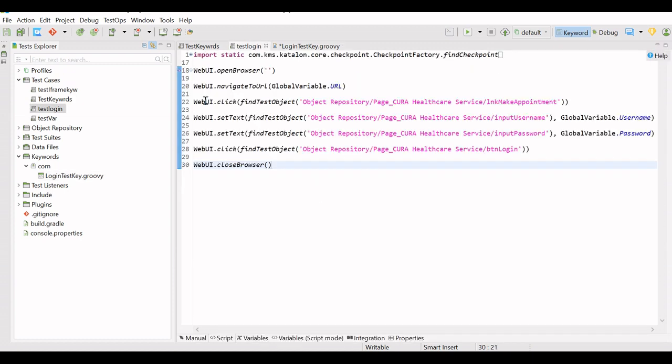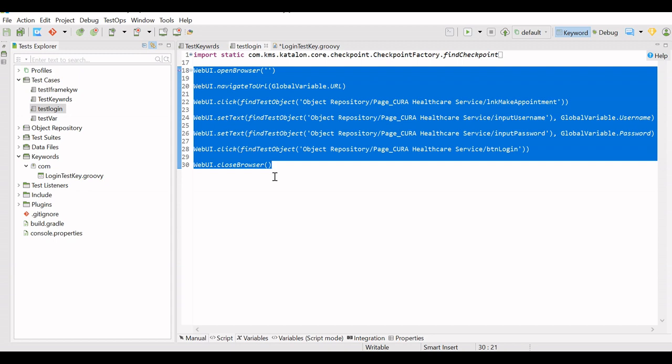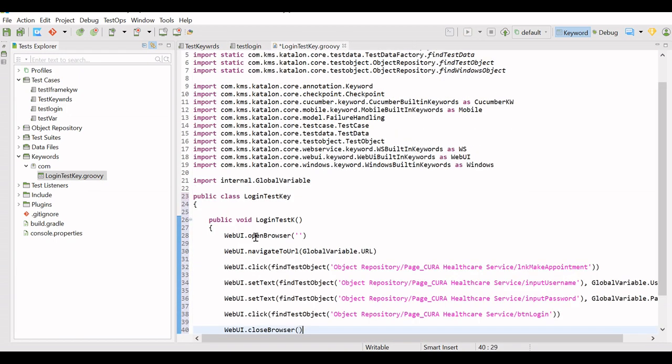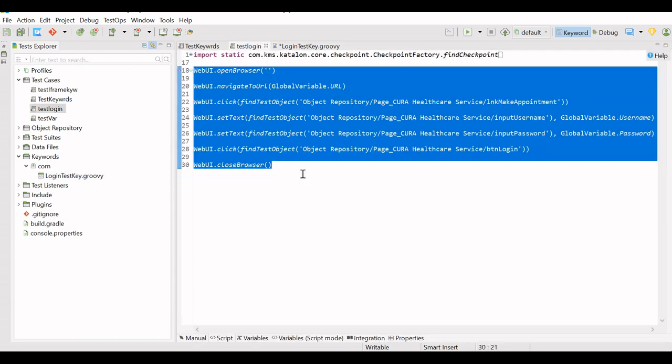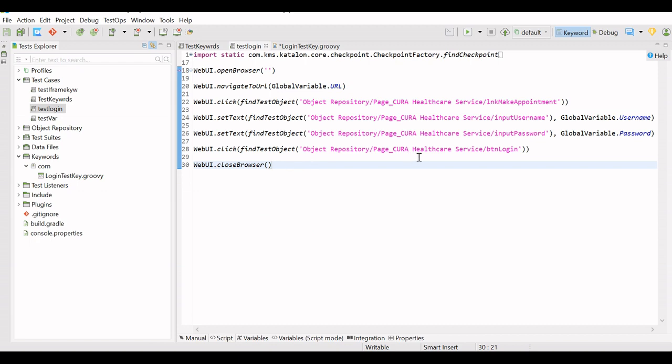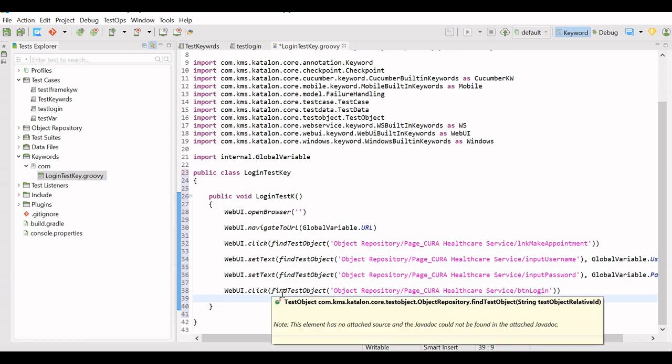I will copy the actions because we have already given the actions over here. I will copy these actions from here and paste them into my method because I am creating this reusable method of login. I have removed the close browser code.